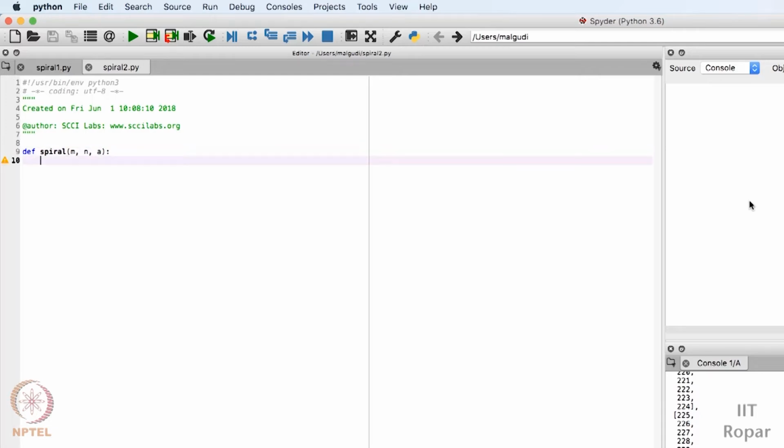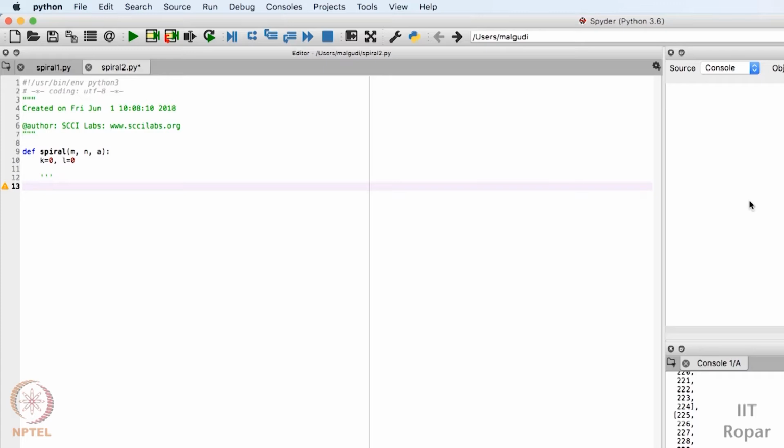A is actually a list of lists through which I am representing a matrix. Let me define 2 variables. One is K equal to 0 and L is equal to 0. Let me tell you what these variables are. K is the starting index of the row, which is 0, and L is the starting index of the column, which is also 0. We know that M is the number of rows in the matrix and N is the number of columns in the matrix. So let me write this down.